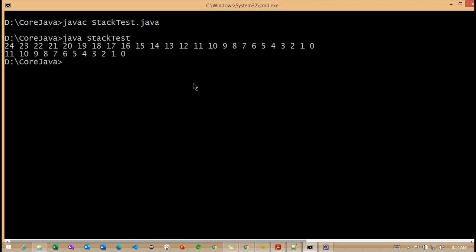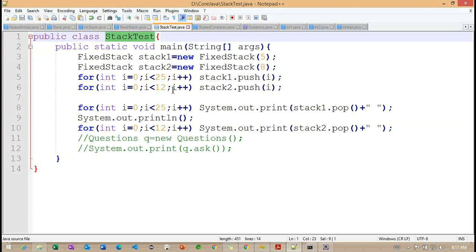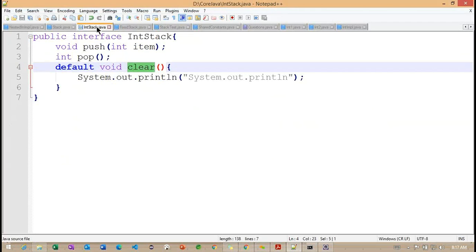Getting the point? Now what you are understanding is, even if I add the default method in our interface, we don't want to change any code. Whatever code we implemented previously, with the help of the previous code, we can run our application. The only suggestion is, if you need to provide any specific implementation, we can go for the implementation of whatever method we are adding inside the interface.